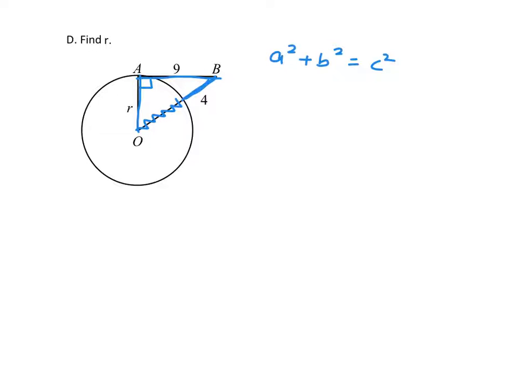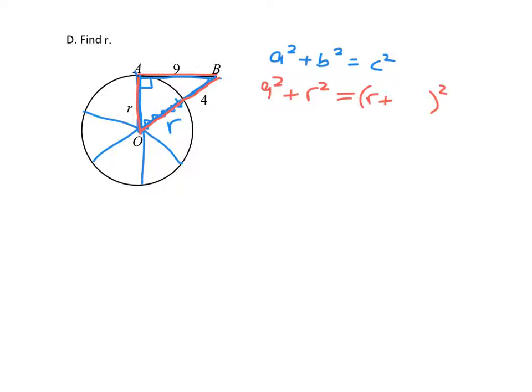And the trick here should be that if you remember, we said there's these radii all over the circle. Well, that's one right there. That's R. Okay, take that and use what you know about the Pythagorean theorem. A and B should be your legs. So we'll say 9 squared plus R squared. And then using what we learned back in semester 1, we have the segment addition postulate of R